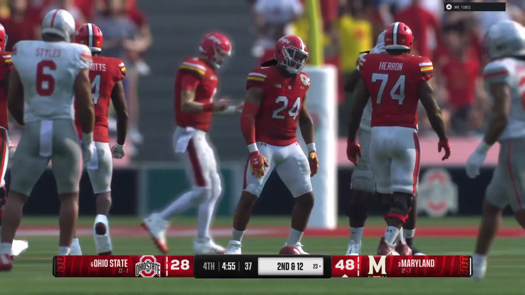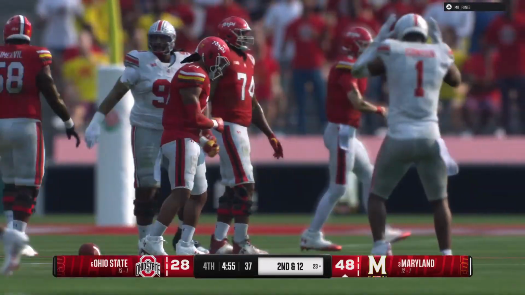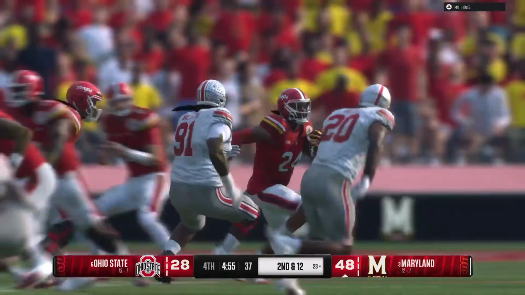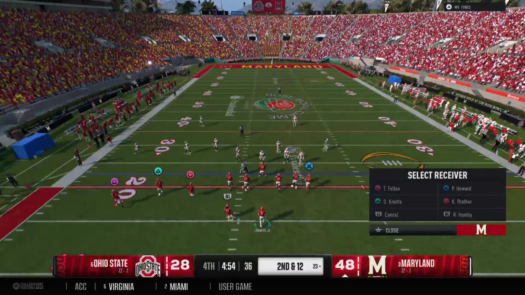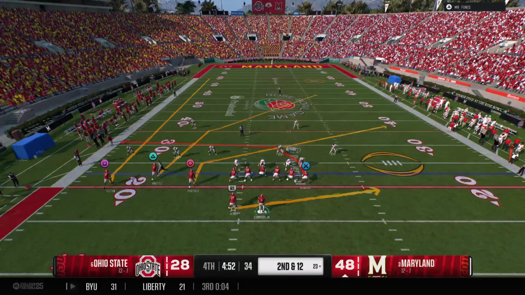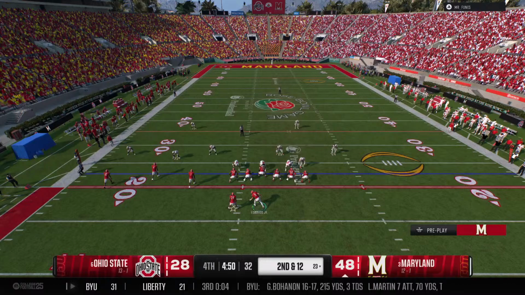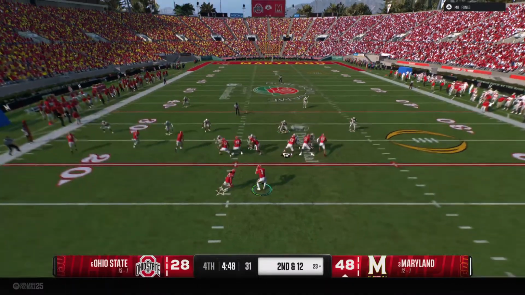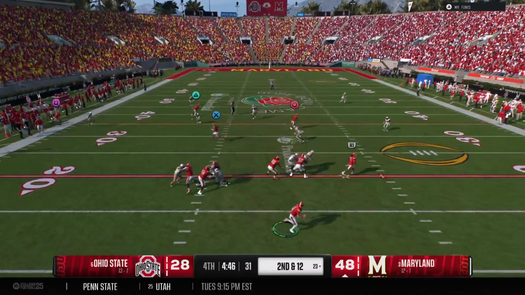Well, let's see how these guys do here. Kind of in that 4-minute offense mode where they're trying to work as much clock as they can on this drive. Working with the lead. Still want to be balanced as best you can.